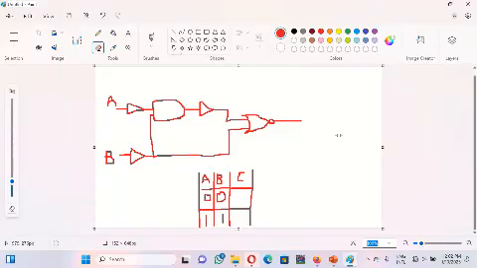Alright, so today we are going to talk about combinational logic gates. A combinational logic gate simply involves the combination of several logic gates, which are connected to give an output. So I have an example here,